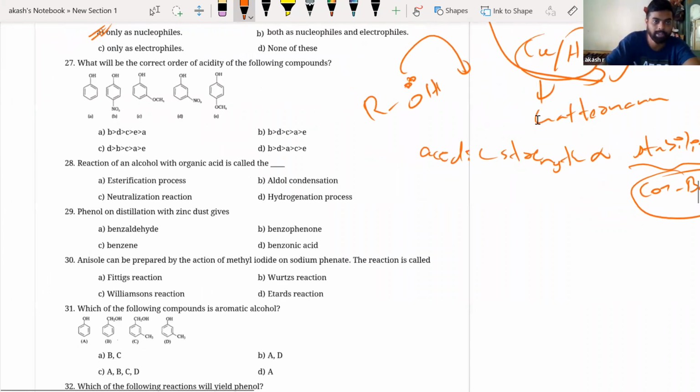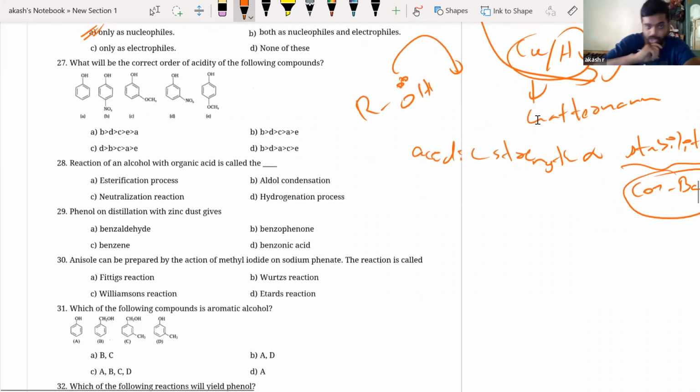Fine. So now you just assume that all these are negative charges, right? H is removed and there are the negative charges. These are the conjugate bases, right? Now, how do you go for stability? More and more neutral the compound is, I would say lesser and lesser the charge that particular molecule has, more and more is the stability. More towards neutrality, more stability, right? So now this is a negative charge. In general, can I say electron withdrawing group will stabilize this charge, right? Because it is a negative charge, I need this negative charge to be decreasing, right?